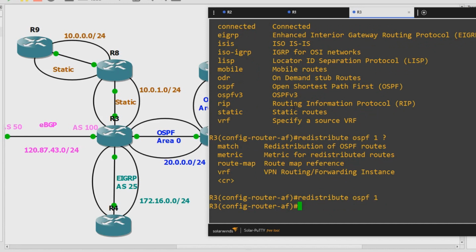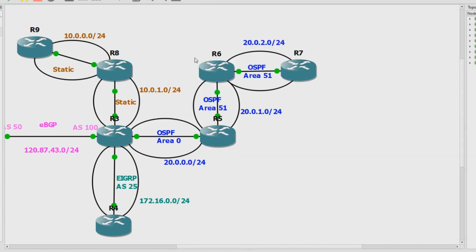If you haven't seen it, check out the video of redistributing between OSPF and EIGRP. I believe it was that video that we covered this, where you need to specify match to match the internal and external type 1 and type 2 routes. But in this particular configuration, there are no external OSPF routes. There's only inter-area